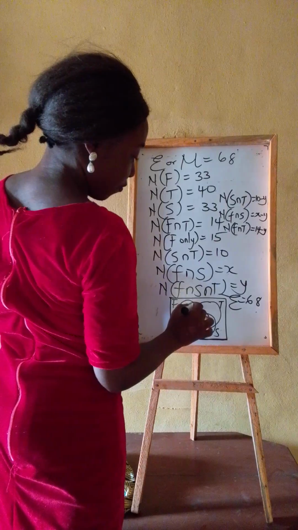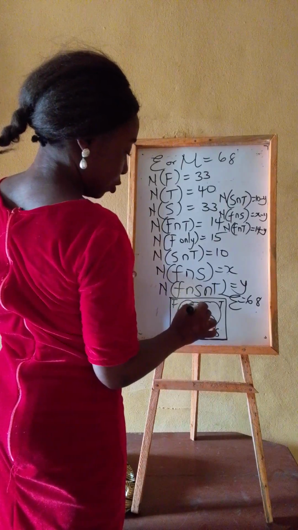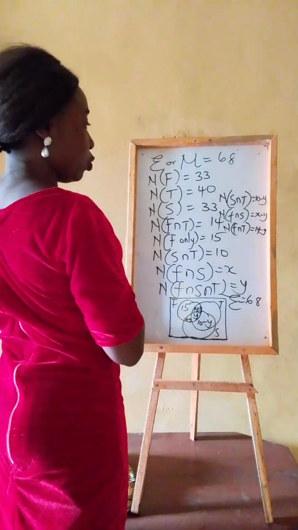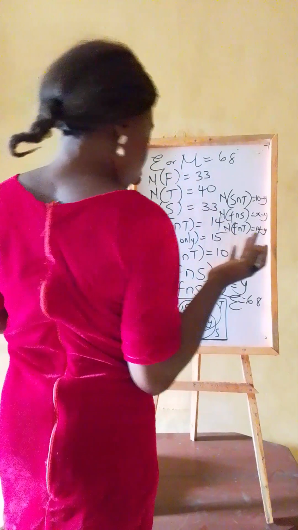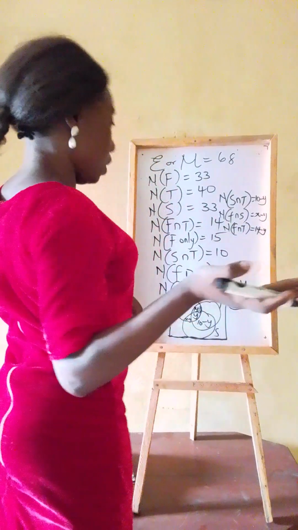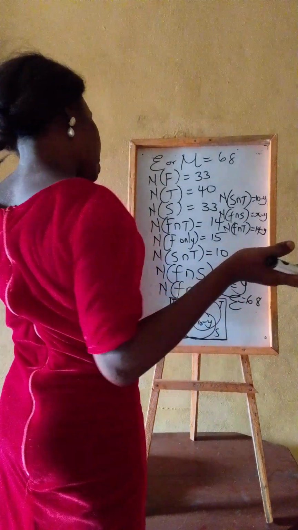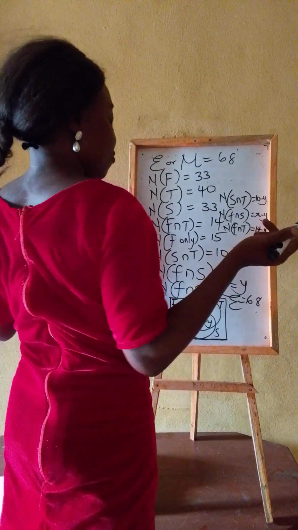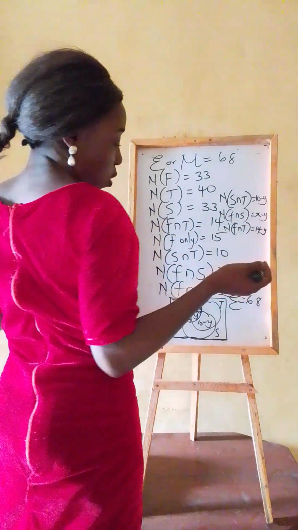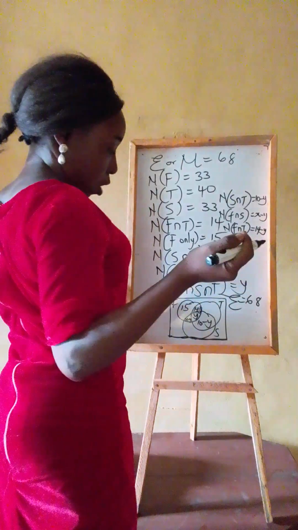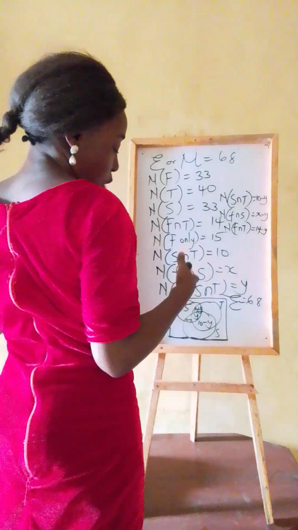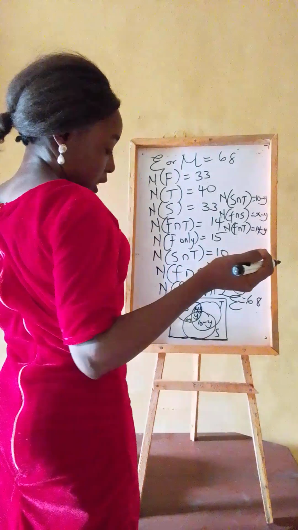So we have 14 minus y. Let's take this F, for example. If you want to know what our y is going to be,